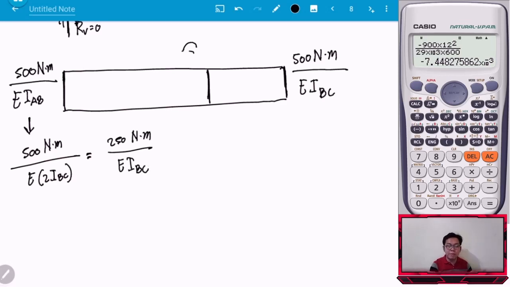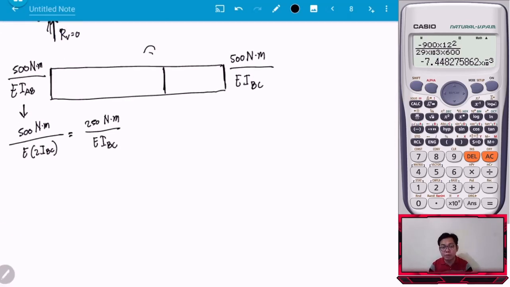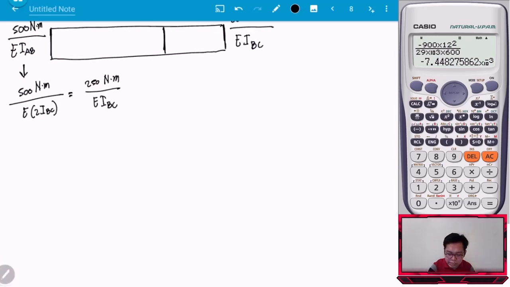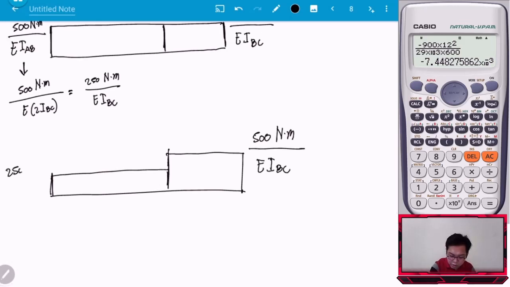Okay? So yung kabila 250, yung kabila 500. So, pwede ko nang i-combine but medyo pangit pa rin yung diagram ko kasi hindi dapat yan equal. So, parang ganito na yung EI diagram. Okay? So ito maliit. Dito medyo malaki na to. Twice. So, this will now be 500 Newton meter over E IBC. And then ito, this will now be equal to 250 Newton meter over E